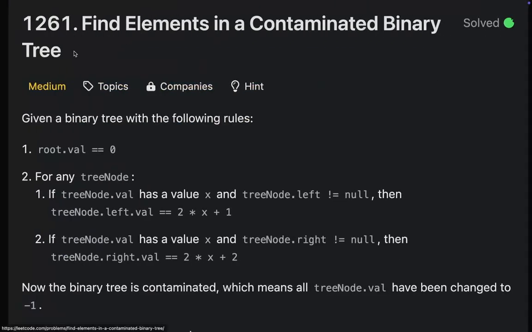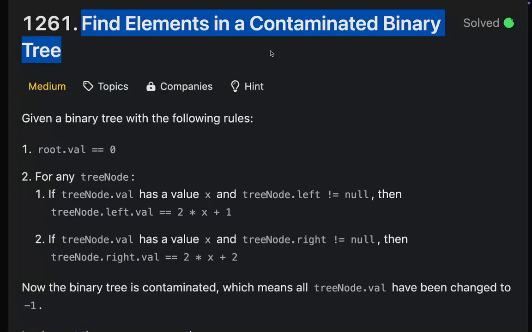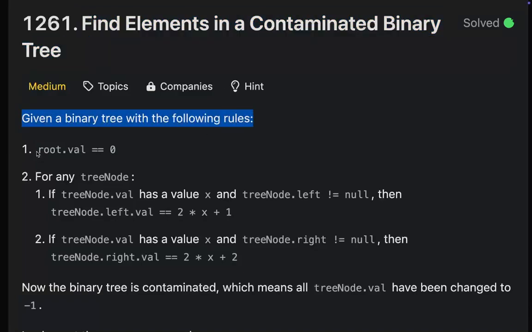Here we go. We have a question: Find Elements in a Contaminated Binary Tree. So we have a binary tree. The root node is 0, and for any node, if